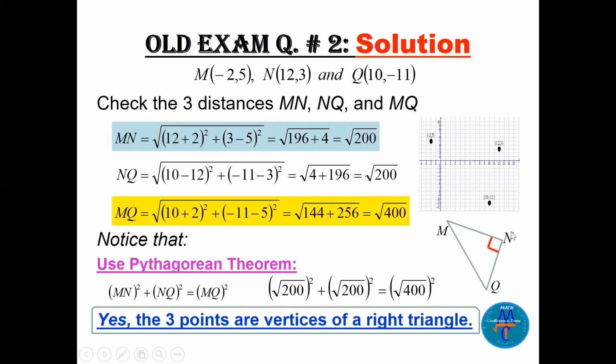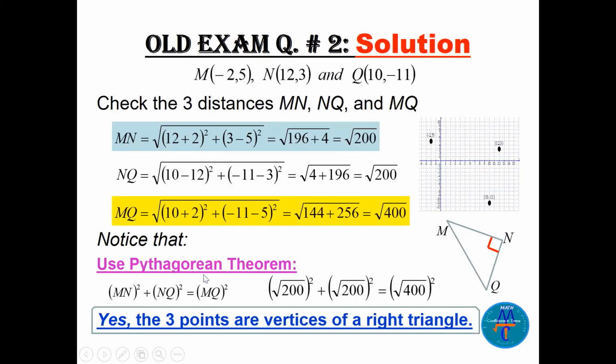Let's call this point M, this is N, this is Q. Now we don't know where the right angle, the 90 degrees, is, we don't know yet. But I draw this after I solve the question. So let's find the distance between M and N. 12 minus 2 plus 2, 3 minus 5, you get the square root of 200. Let's find the distance NQ. Same way, you get the square root of 200. Let's find the distance MQ. It's the square root of 400. We notice, just notice,